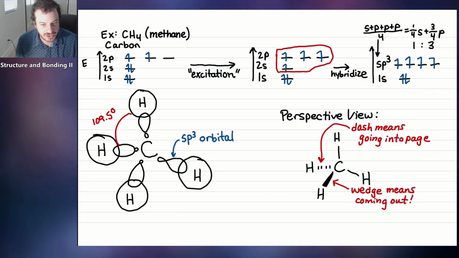But even that wasn't enough, because this would suggest that we would have three bonds of a certain flavor and then one bond made through the 2s orbital that was a different flavor. So if this were true, we would expect there to be three bonds of methane that were similar and then one bond that was kind of an outlier. But we know that's not true. All the bonds are the same in methane. So then the idea was, what if these orbitals hybridized into a new orbital called the sp3 orbital, and all of those orbitals were at the same energy level? Then we could finally have four equivalent bonds.